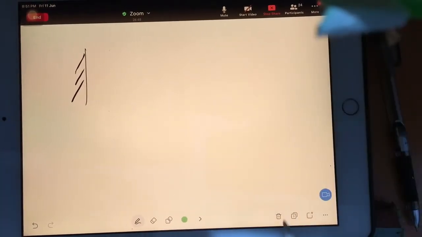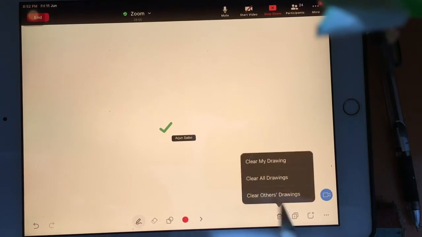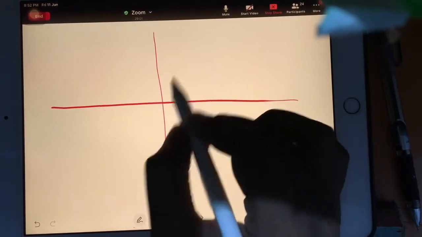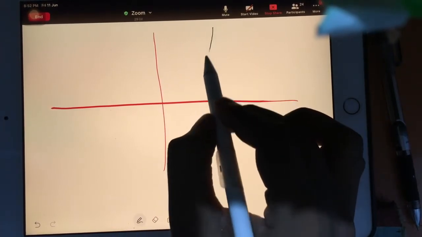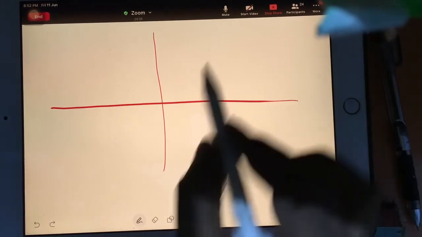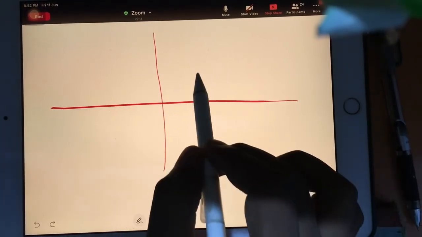See now, suppose this is your curve. You cannot say whether the shape is a parabola or what. It looks like that. Like Vedant is saying parabola. For that I want to say something. See, you guys are weak in mathematics. If I am drawing any curve like this, you cannot say it is a parabola. If I delete that curve and draw a curve like this, you cannot say parabola. If I draw a curve like this, you cannot say parabola. Any one of them could be a parabola.